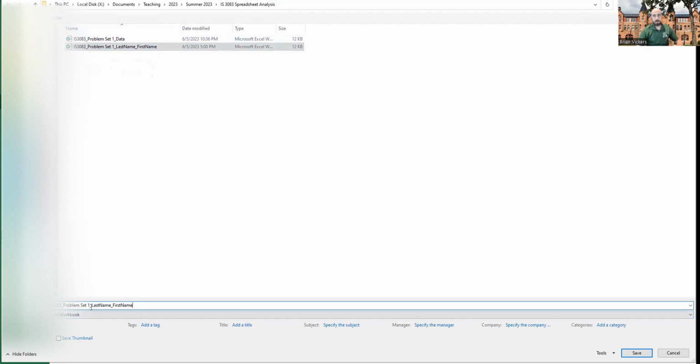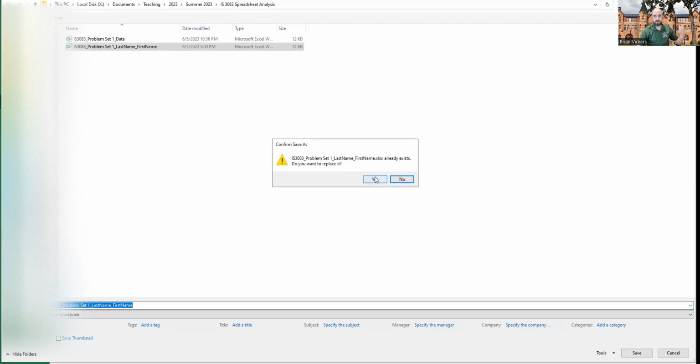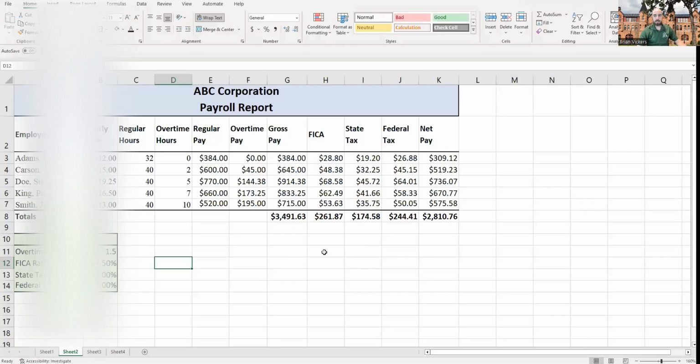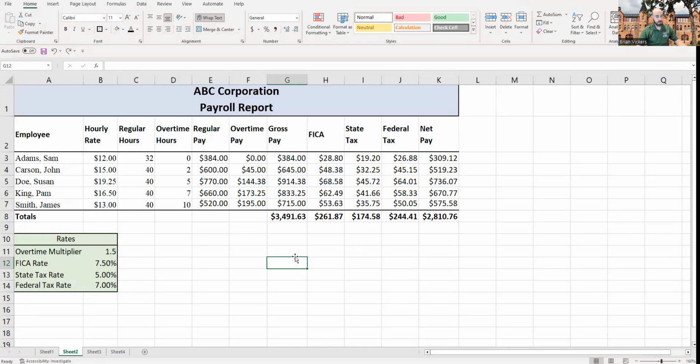And this helps me keep track of it. I'm going to be downloading all these Excel files into one place. By having it all start with the same thing, I know exactly where to look for the problem sets 1 and so on. So we've got this first name, last name, whatever yours is. Make sure it says your own last name, first name with the underscores and all that. Exactly right. That's going to be something I'm looking for on the grading. Can you follow that instruction, making sure that you can save your file name right? Make sure you got everything,